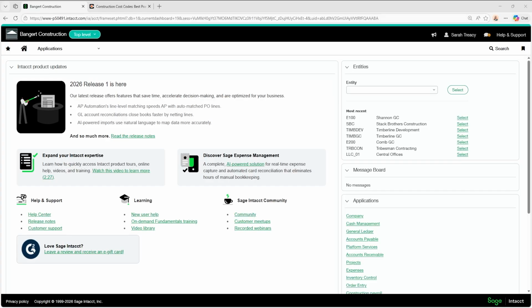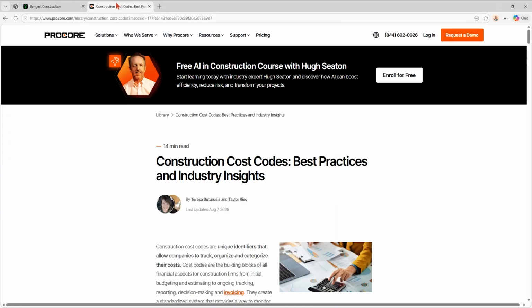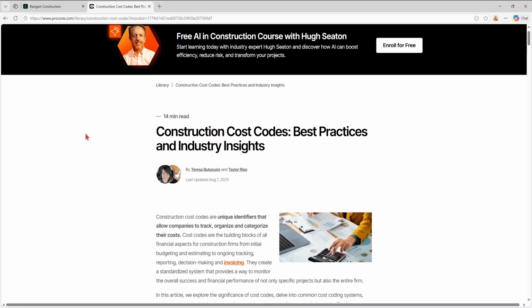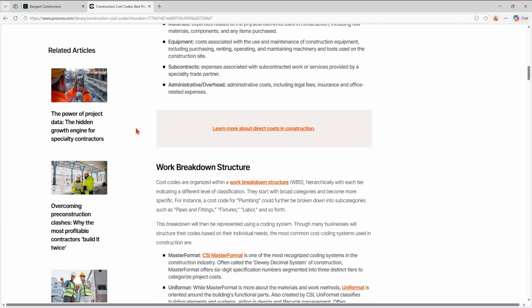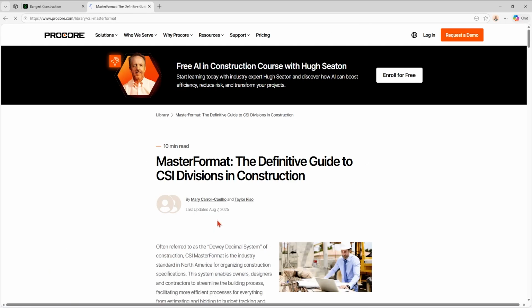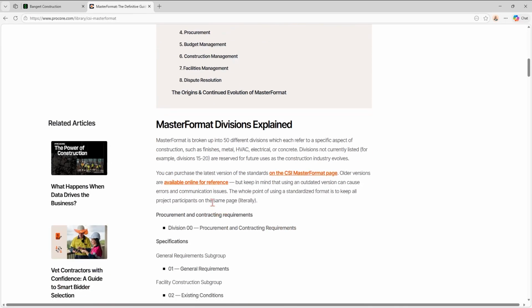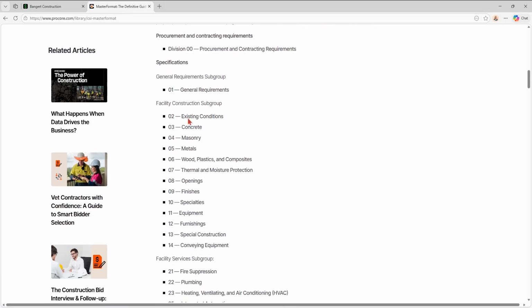But we do certainly have clients that are coming from an accounting software that doesn't support the use of cost codes, so they're not familiar with what they are and they may be using them through a GL account or something like that, but not in the true sense of the word. So if you're not familiar with cost codes, it's not something that you're currently using, then I recommend that you Google that. And there's a really good article here from Procore that gives you some good information on cost codes. And it actually has a link in here to the CSI MasterFormat, which is recognized across the country, the numbering structure that's used for the MasterFormat. So you could go through that and pick out the ones that are related to your company and that you'll be using going forward.